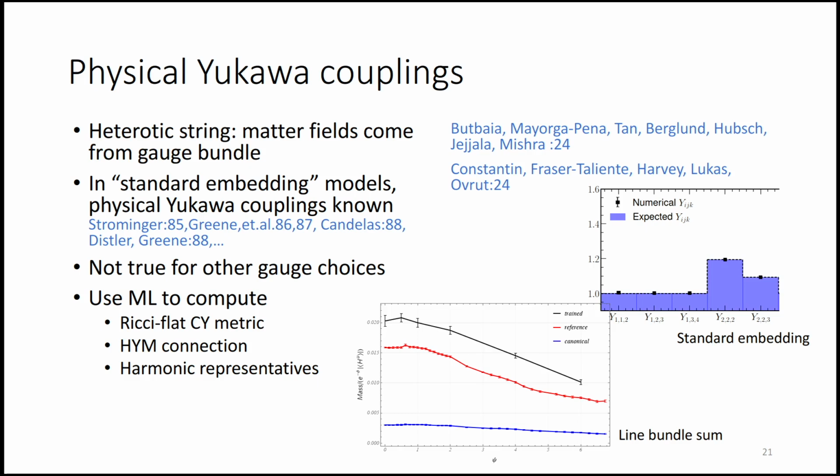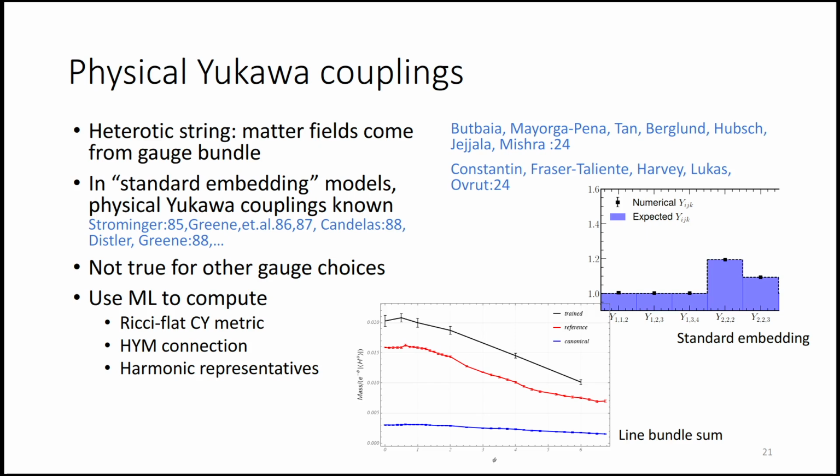So in the heterotic field, we know how to compute Yukawa couplings using the fact that the matter fields come from gauge bundles. We know exactly what things we need to compute there. This is something that has been explored since the 80s, and we also know models where, if we make a particular choice for the connection of the gauge bundle, known as a standard embedding, then we can compute the physical Yukawa couplings exactly. So in the heterotic setting, we can always compute the holomorphic Yukawa couplings, but then we need to